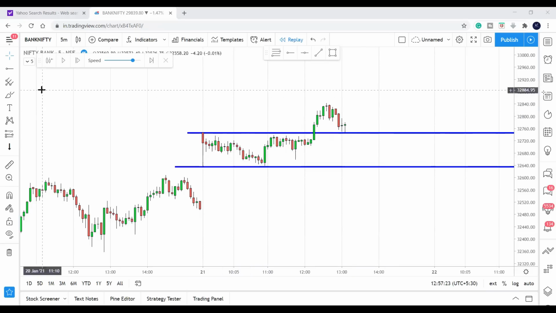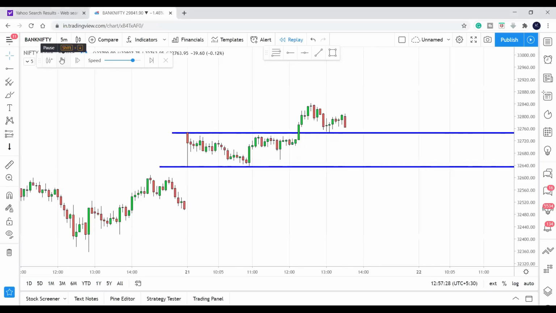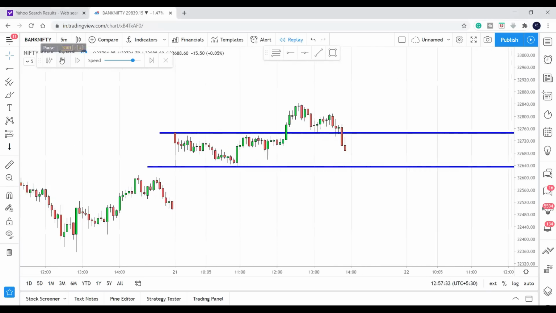Let us see what happened, whether this trade works or the stop loss hits. Your stop loss hit, right? This trade didn't work. You entered in this candle, your stop loss was here, but this candle took the stop loss and you exited. So that is what I said, it doesn't work all the time. It's not a holy grail that works 100% of the time. Nothing works 100% of the time.